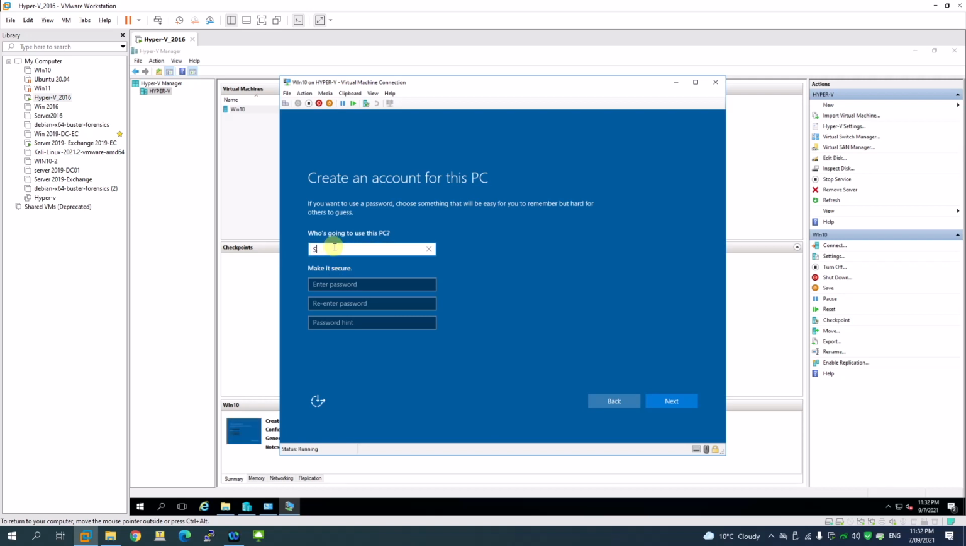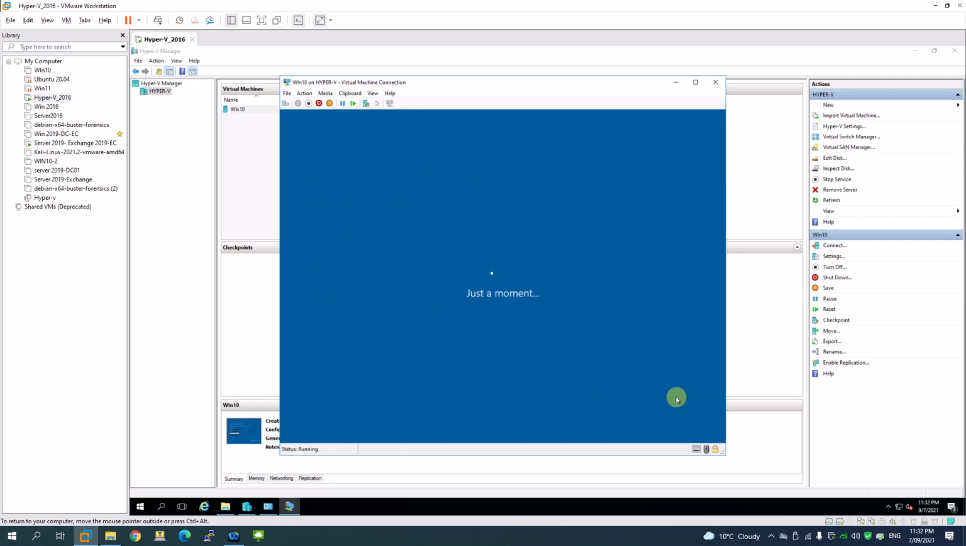Create an account. Give your password. Right. Next. Password doesn't match. Okay. So you can see here. Right. Click next. Done. So my first virtual machine is done. Completed. Right. So this is how we configure virtual machines in Hyper-V. So you have to